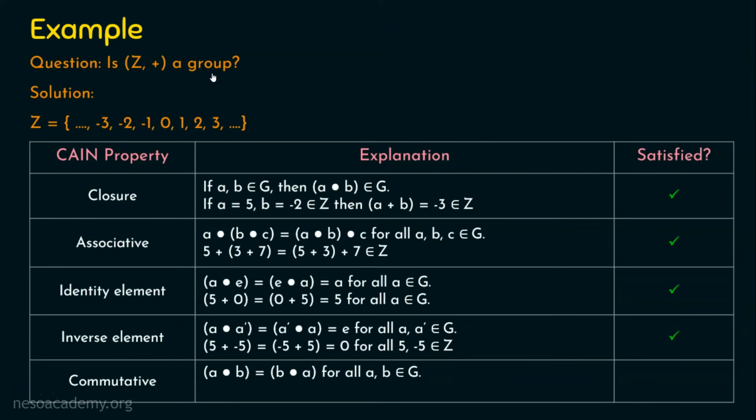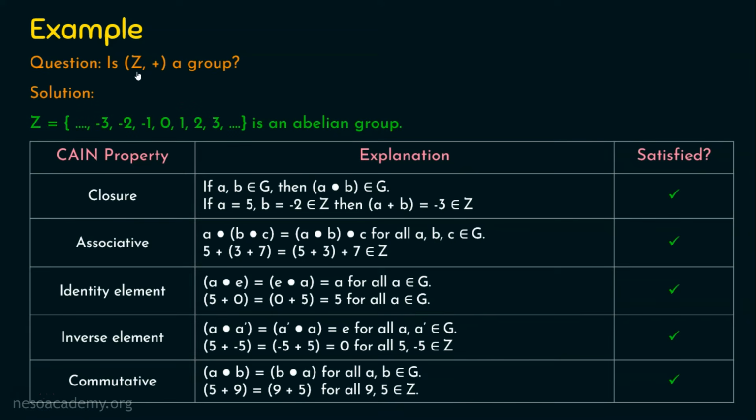Now let's check whether it is an abelian group. If (Z, +) is to be an abelian group, then the fifth property, that is the commutative property, should be satisfied. Let's take any two numbers, 5 and 9, which belong to Z. Now 5 plus 9 is equal to 9 plus 5 obviously, and the result, which is 14, is also belonging to this set, right? So obviously the fifth property, the commutative property, is also getting satisfied. We can say (Z, +) is an abelian group. The answer for this question is (Z, +) is a group and also it is an abelian group.